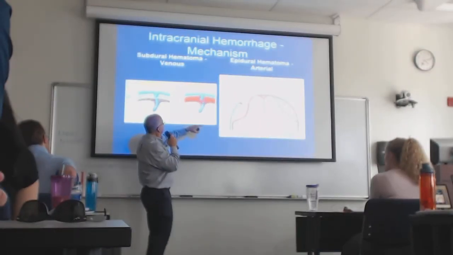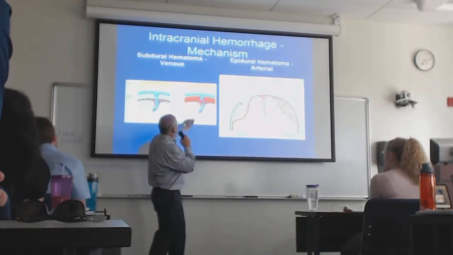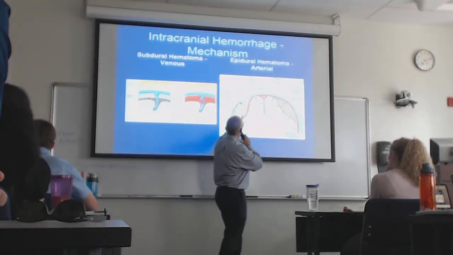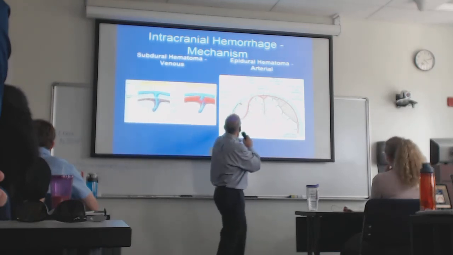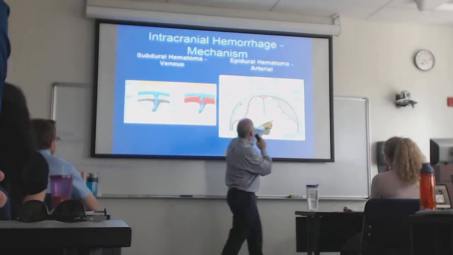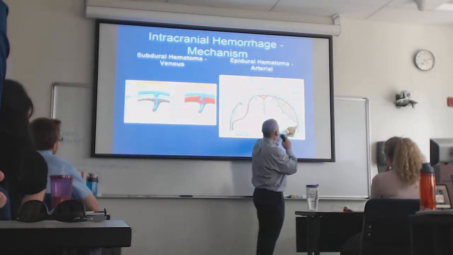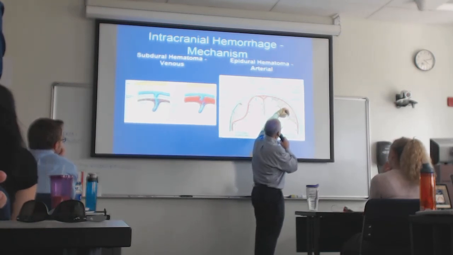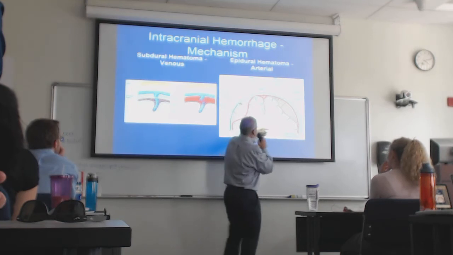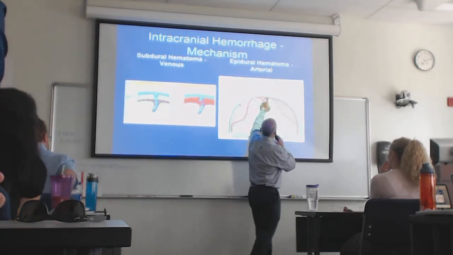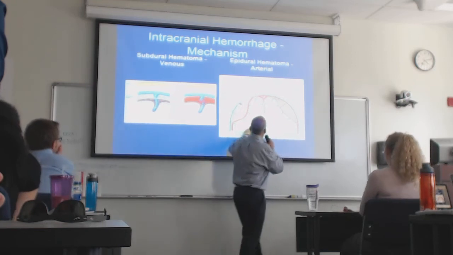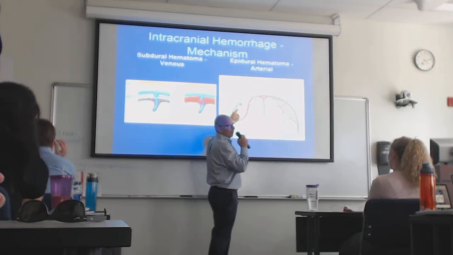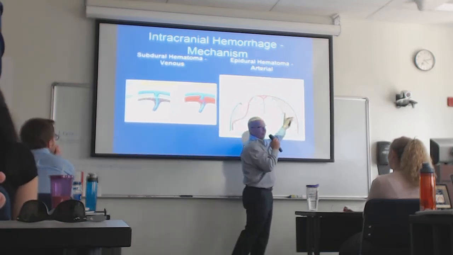Unlike the arterial blood, so here's the hemorrhage in the subdural space, which is this one here. Sorry. This one. Subdural. So here's the dura, and the blood is accumulating here, pushing the brain away. The dura is this red line here, right? That's the dura. On this side, here's the dura here. Notice that this is epidural, outside the dura. This is subdural, below the dura.